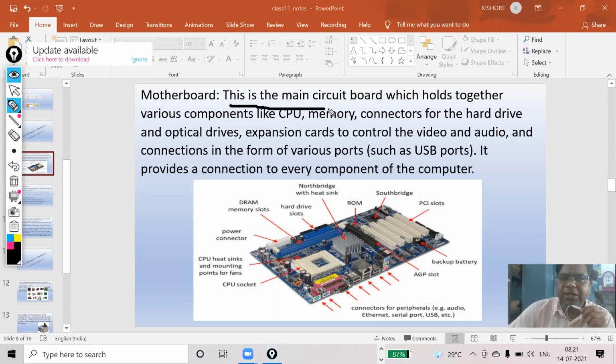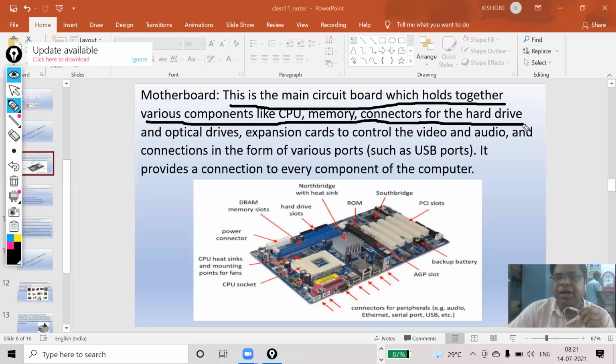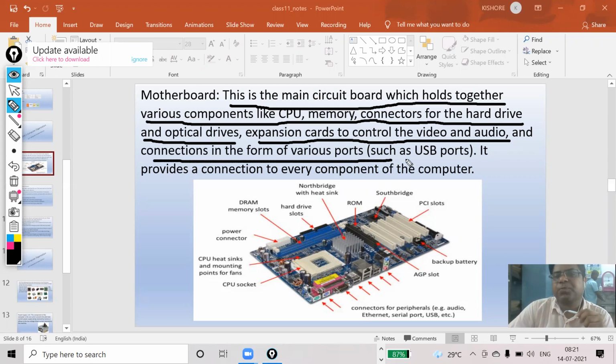This is the main circuit board which holds together various components like the CPU, memory, connectors for the hard drives and the optical drives, expansion cards to control the video and audio, and connections in the form of various ports such as USB ports. It provides a connection to every component of the computer.